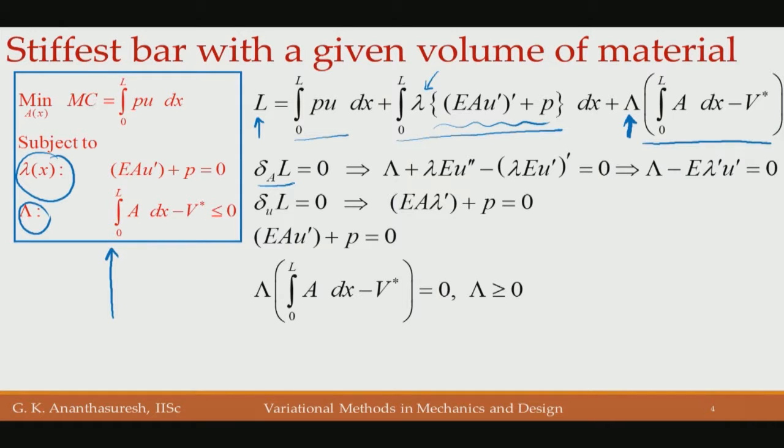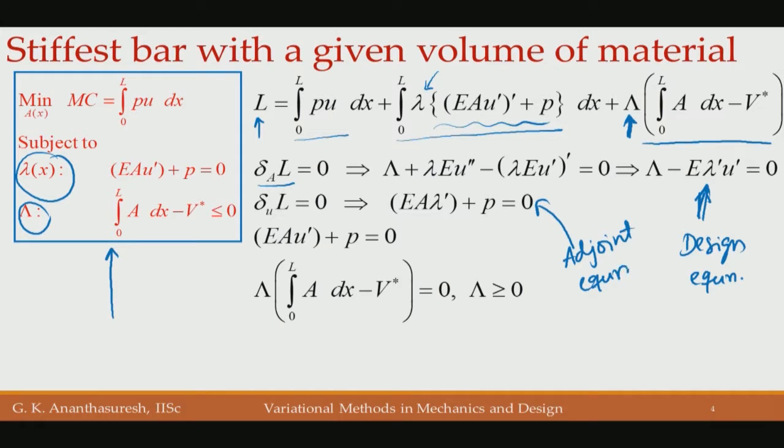that is variation of the Lagrangian with respect to a gives us what we call the design equation. This is our design equation, as we had said in the last lecture, that there is no area of cross section in this equation, yet it is a design equation. It gives us the design equation, that is what we will discuss and use today. And this is our adjoint equation,